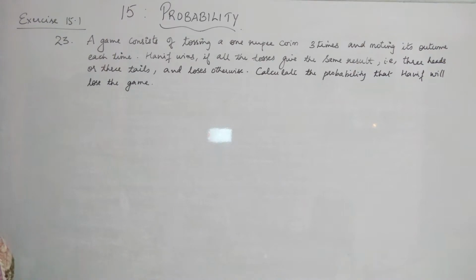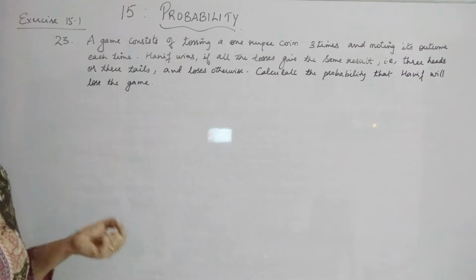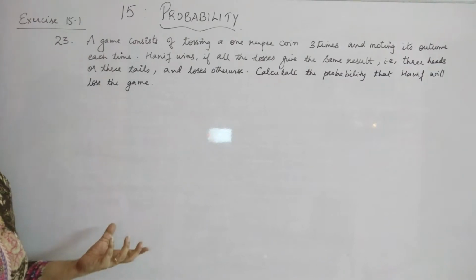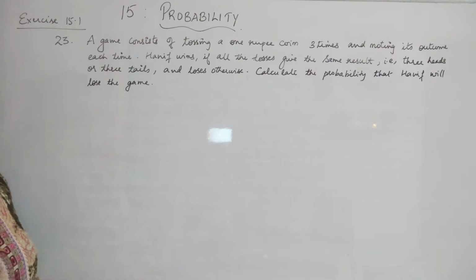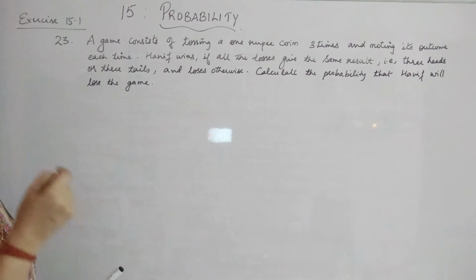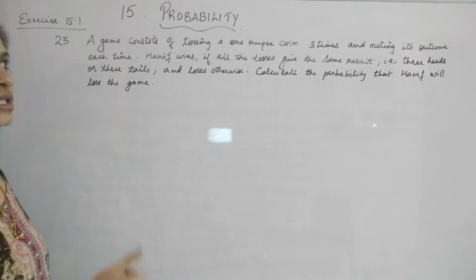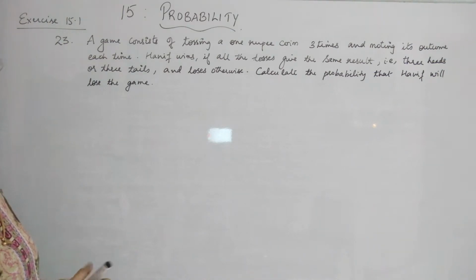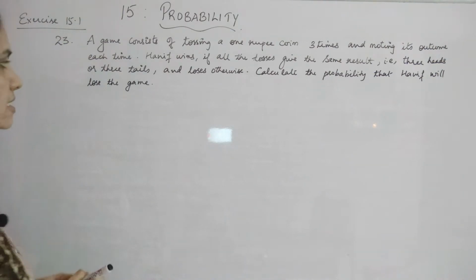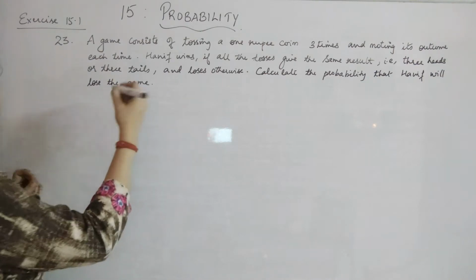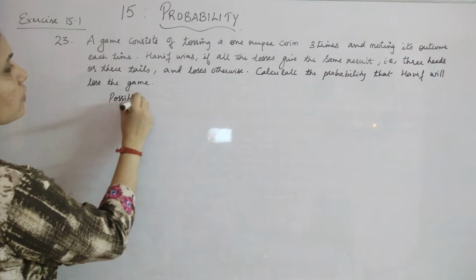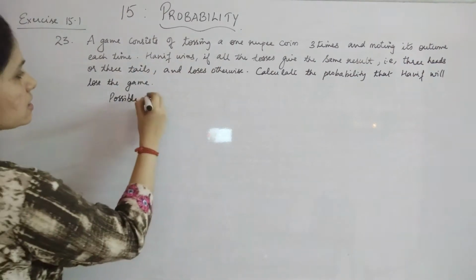So the first thing we should know is, if a 1 rupee coin is tossed 3 times, that is the same as tossing 3 coins simultaneously at a time. Here they have given that you have only 1 coin and that is tossed 3 times. So again the outcomes will be the same as tossing 3 coins simultaneously. So what are the total possible outcomes? The possible outcomes for this experiment